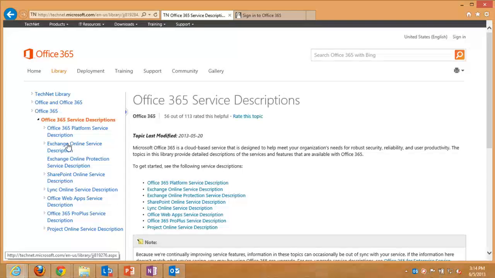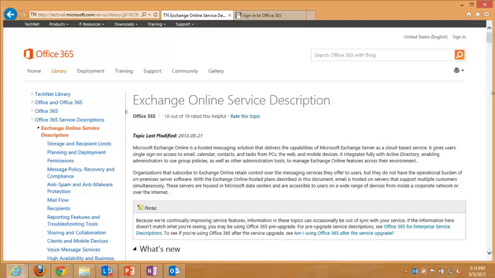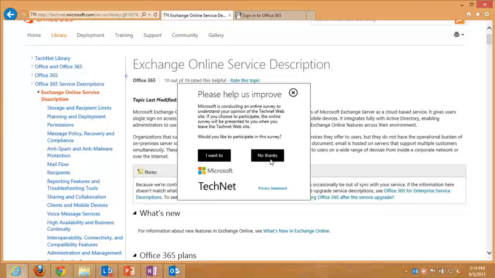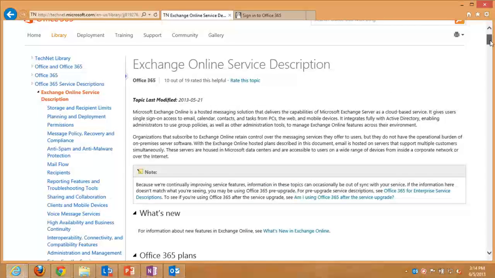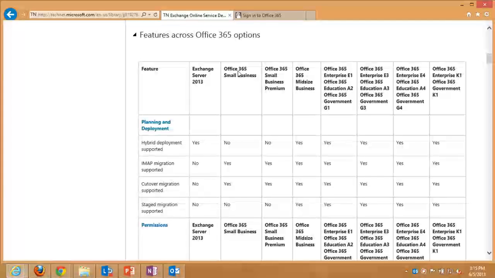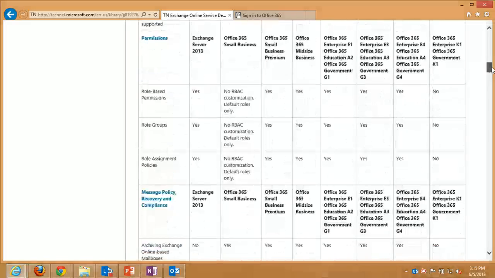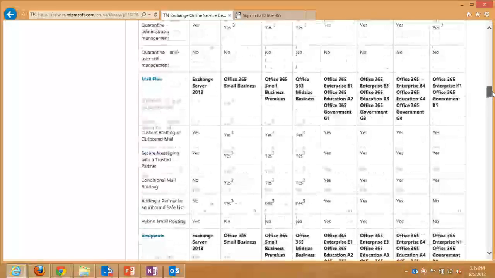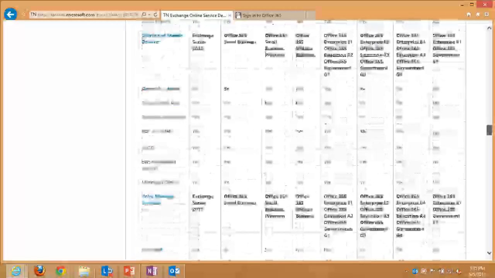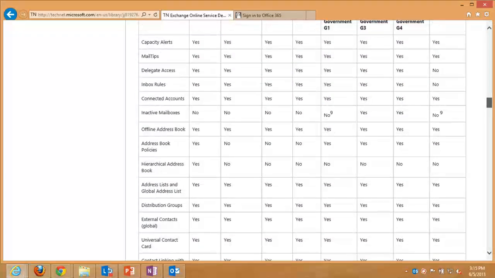You can see here, if we go, for example, and take a look at Exchange Online, the first page of all of these service descriptions is really mostly just a giant table that compares the SKUs. So here you can see small business premium, mid-size, and then the different enterprise SKUs, and then compares what features are in which of those SKUs. So, for example, if we go down here to, let's see, where is some of our global address books. We've got